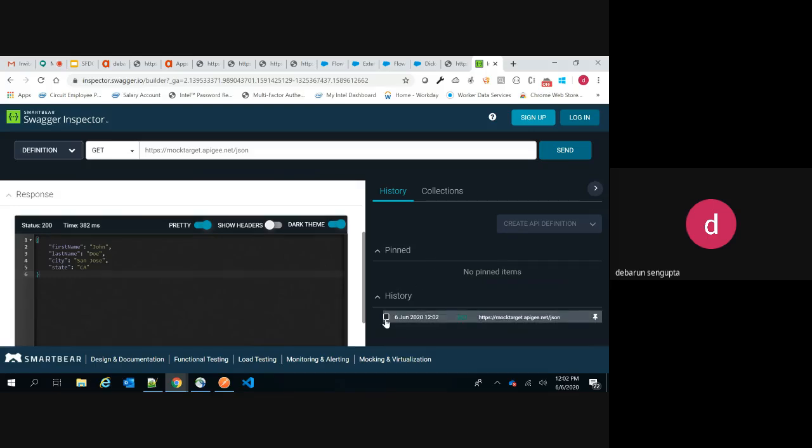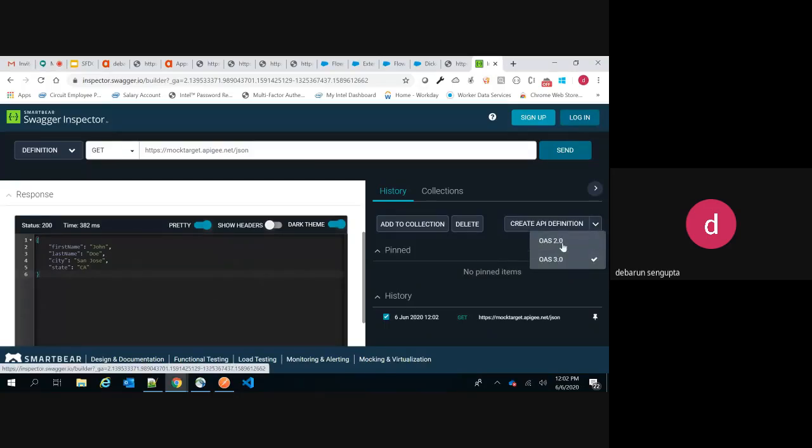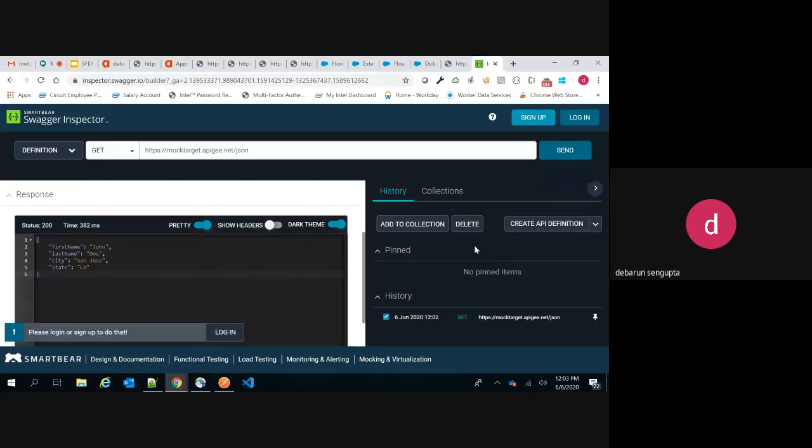Now, if you want to generate the OpenAPI schema of this, you just need to select this and go to Create API Definition bundle. It gives an option for OpenAPI supported format 2 or format 3. By default it is 3 because it is the latest, but you have to select 2 here. Once you select 2 and click, I need to log in here, I think this will give an error. Yeah, please log in.